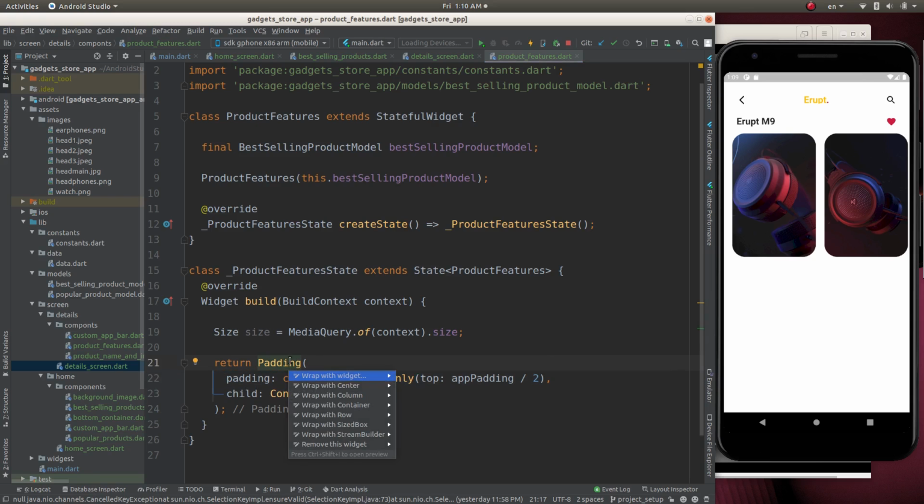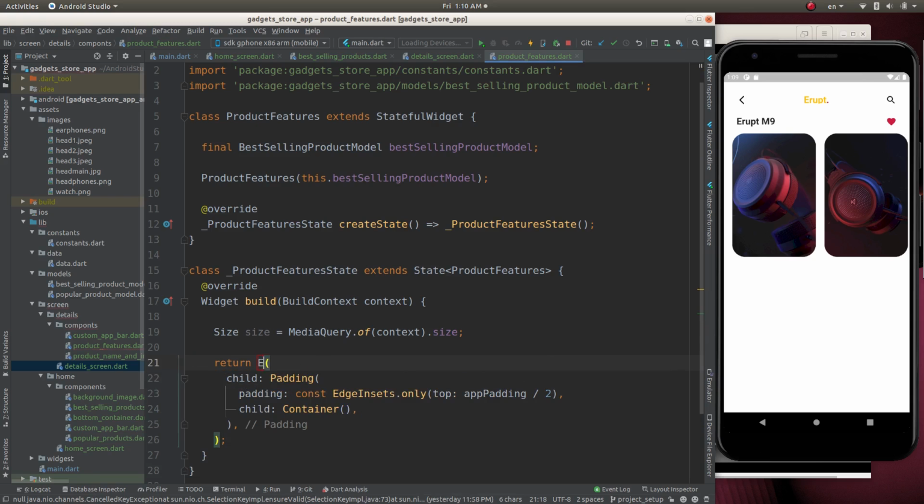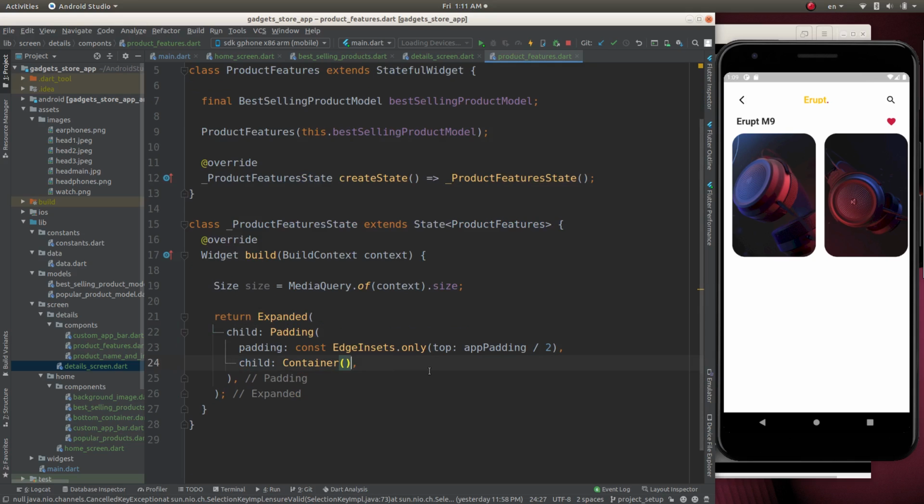And we can wrap the padding with another widget and call it expanded. The expanded widget will expand the child of the expanded widget to the size of the screen, till it touches the bottom and the side. Okay, inside the container,